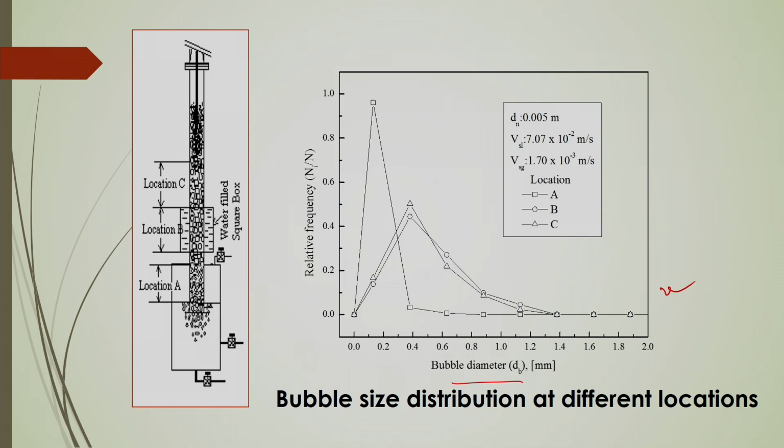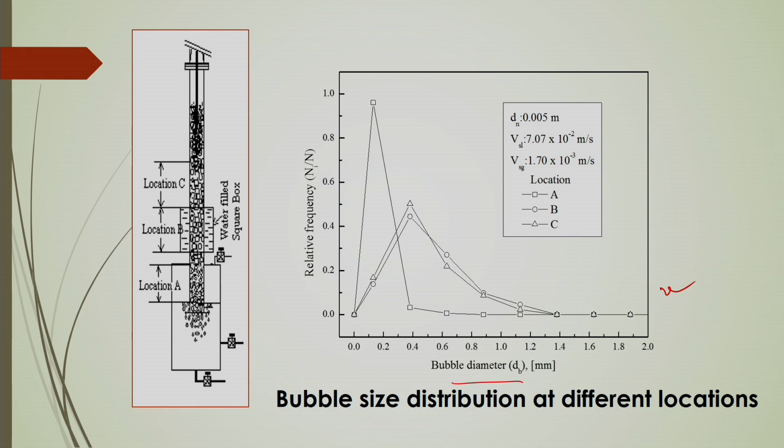The spreading of this bubble size distribution changes according to the operating conditions. If you get more spread, that means your bubble size range is large, whereas if you get a narrow size distribution, that means most of the bubbles are within a very small size range. So in that case you can assess the bubble size distribution for that particular condition.